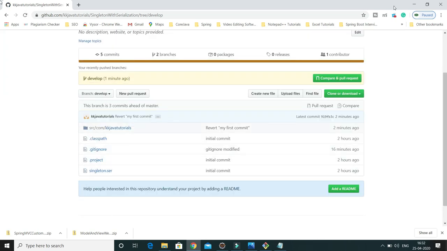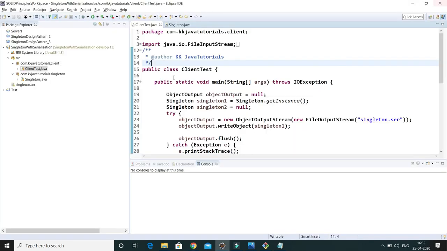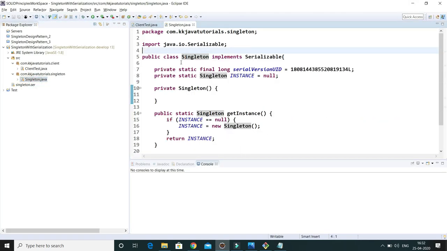And if you look into singleton.java, then whatever we had modified, those things have gone. So here I had done modification in a single file, and I had added one new file, but in a real scenario you can have changes in multiple files, right? So this trick will work over there. If you would like to revert a particular commit from the remote branch, then this is going to work there.